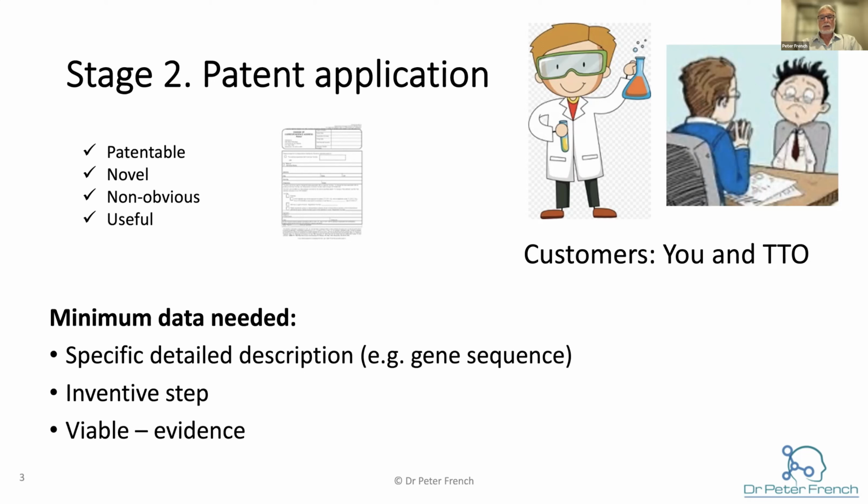The idea needs to be novel. No one's ever thought about it before, and it can be quite specific. And non-obvious, which means that putting 2 and 2 together doesn't give you 4. And importantly, it has to be useful. There's no point inventing something that has no commercial value. So a patent has to fulfill those 4 criteria. And if it does, then you need to